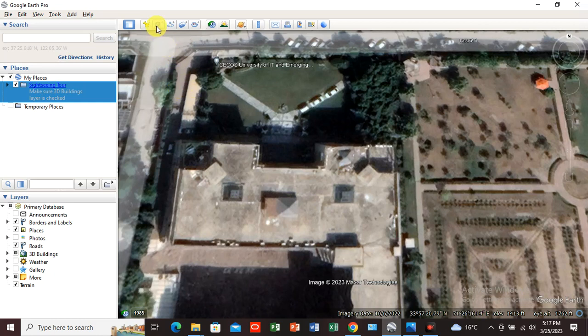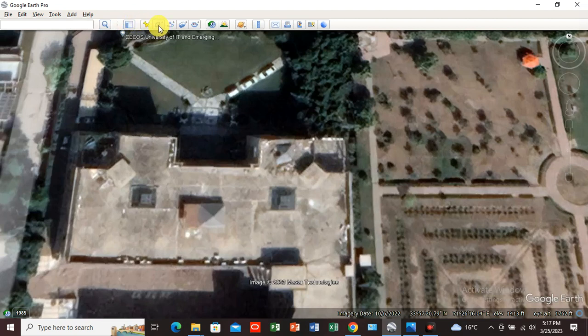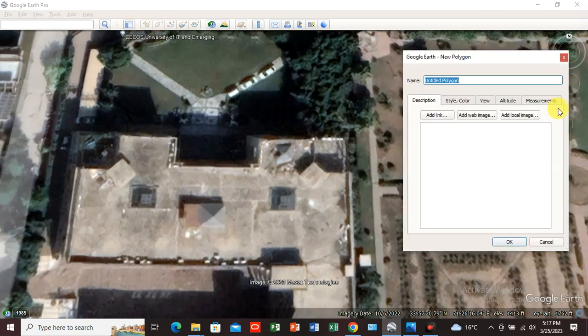So that is the polygon which we use to find the plot length and the plot perimeter and the area. Let's take a quick look around. So I hide the sidebar and I click on this. So once again, that's my project, CCAS University of IT and Emerging Sciences. Alright, so let me write the task. The task is the plot